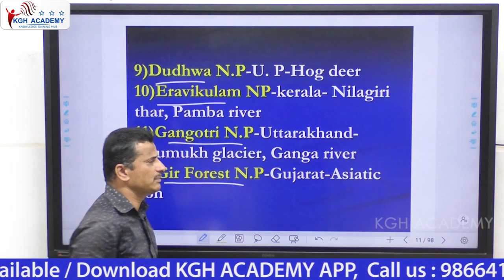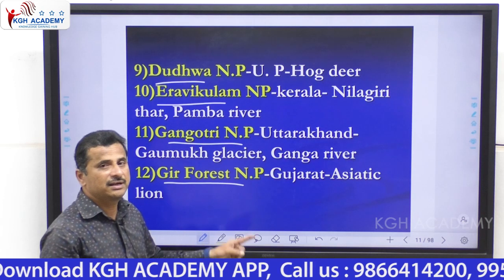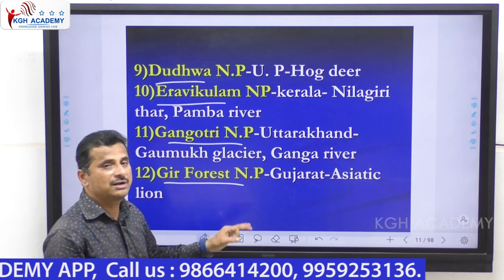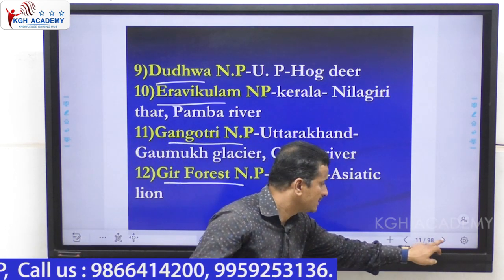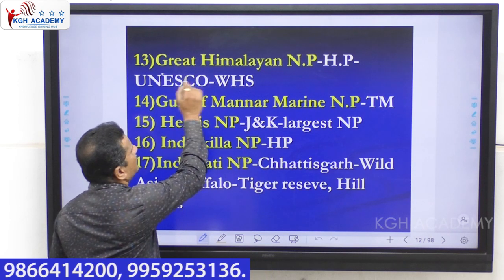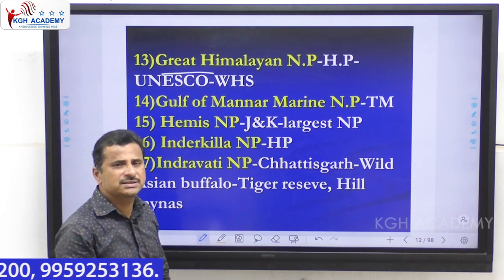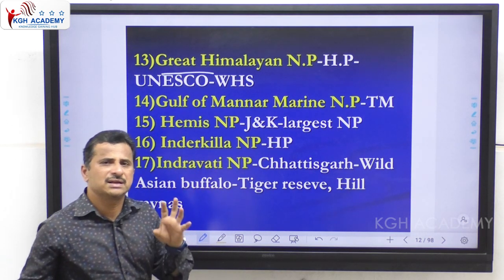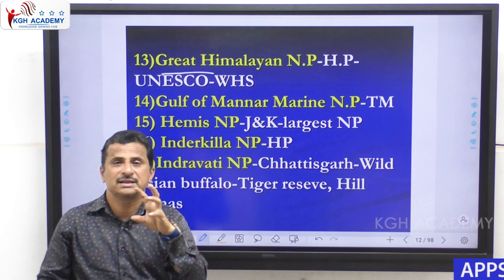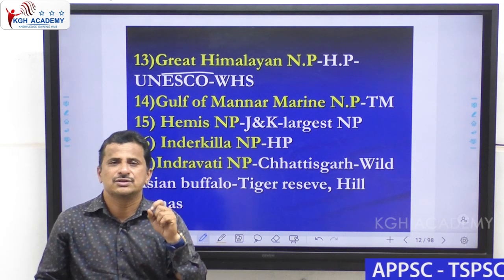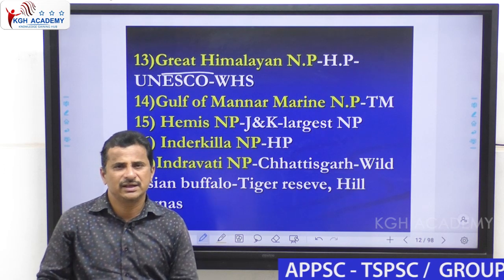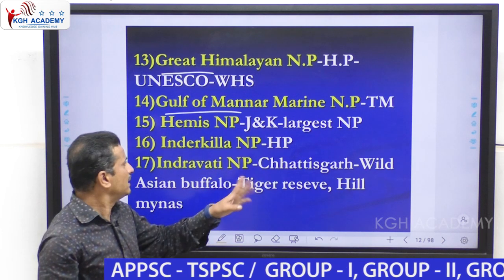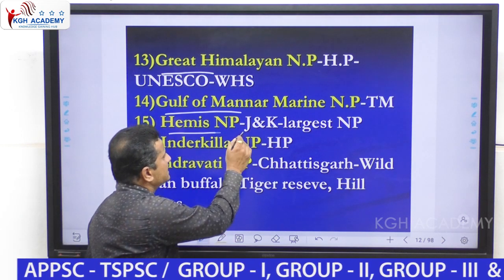Gir Forest National Park is present in Gujarat. Asiatic lions are present in this Gir Forest National Park, which is famous for Asiatic lions. Next, Great Himalayan National Park, Himachal Pradesh, and this is one of the UNESCO World Heritage Sites. So dear students, any park with this specialty, especially being part of the UNESCO World Heritage Sites, is very, very important. Next, Gulf of Mannar Marine National Park, Tamil Nadu, and next, Hemis National Park,